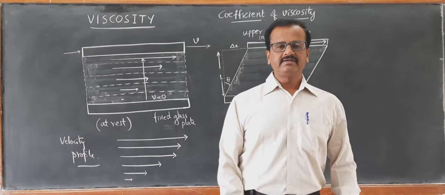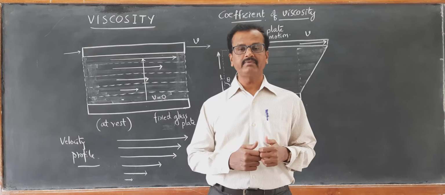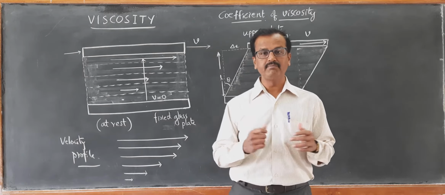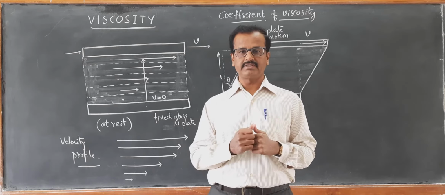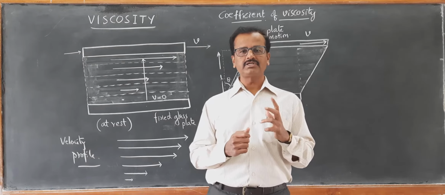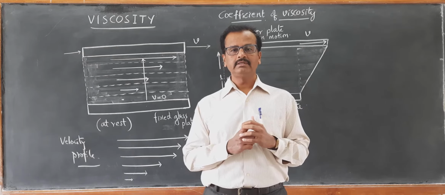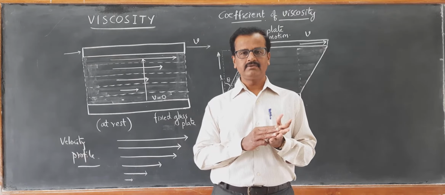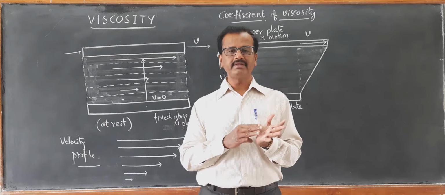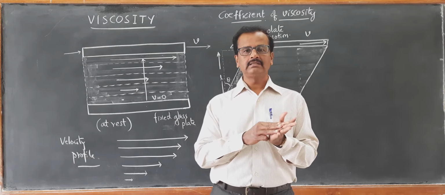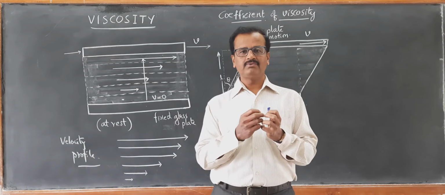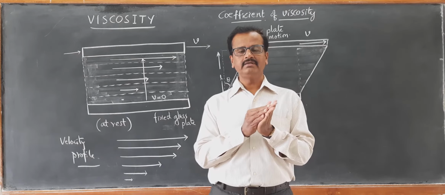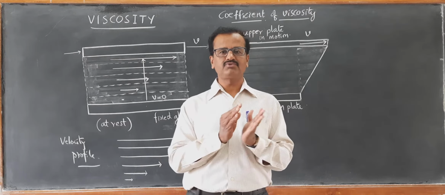Good morning, cadets. We are just continuing whatever was discussed yesterday. That is a very important property of fluids in motion, that is viscosity. The resistance to the flow of fluid in motion is just like friction between solid surfaces. Whenever there is a relative motion between the fluid layers, a force of drag which opposes the relative motion of the layers of the liquid is called viscous force.